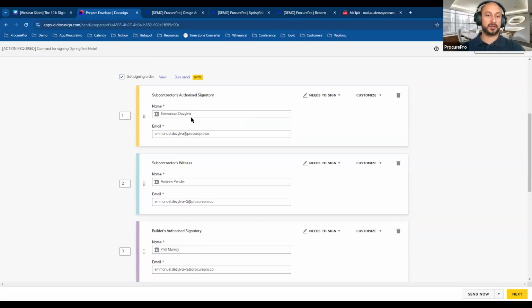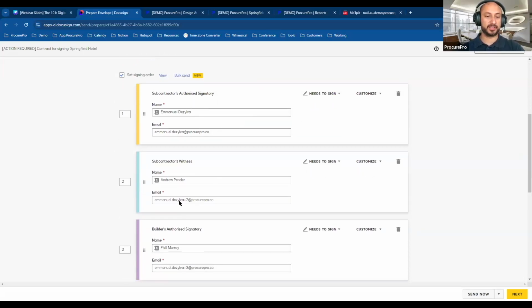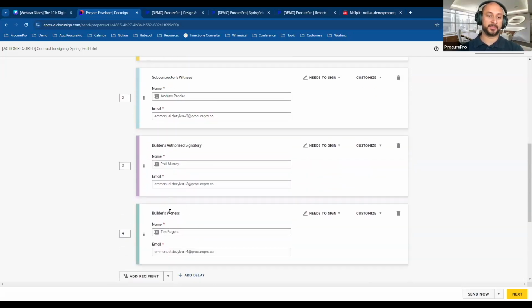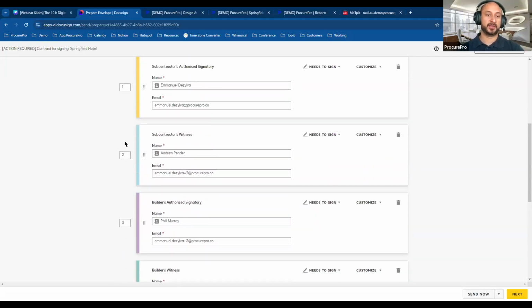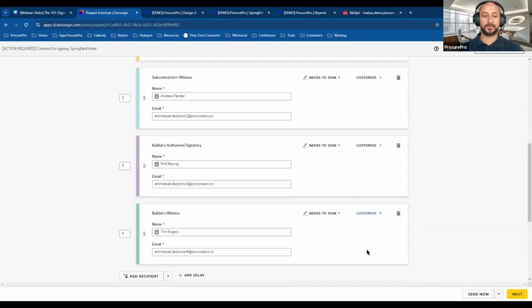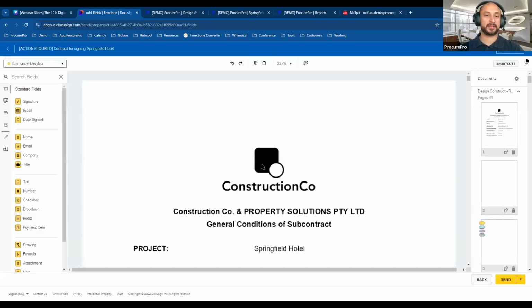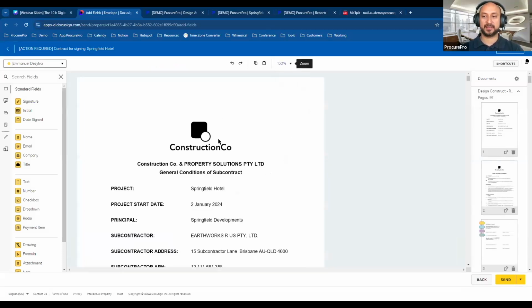So you can see here, we've got the subcontractor's signatory, we've got the witness, we've got the builder's authorized signature, so that comes back to yourselves as a builder, and then the builder's witness. And that's all sequenced there. What I'm going to do now is go to next, and we're going to take a look at what that subcontract looks like. I'm just going to zoom out just a little bit here so we can see that. And if you look on the right-hand side, we've got some signing